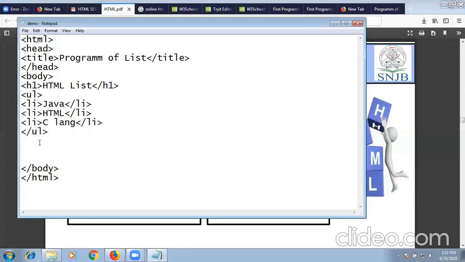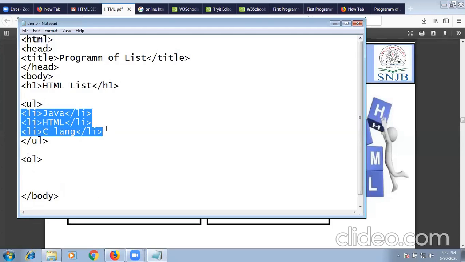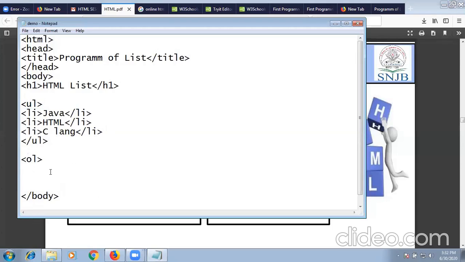In my code, I will apply OL for ordered list as the main tag. This one is unordered, this is ordered. I will copy all the listing tags and paste them into this tag, and close it, since I have started the OL tag. Then I will save it.